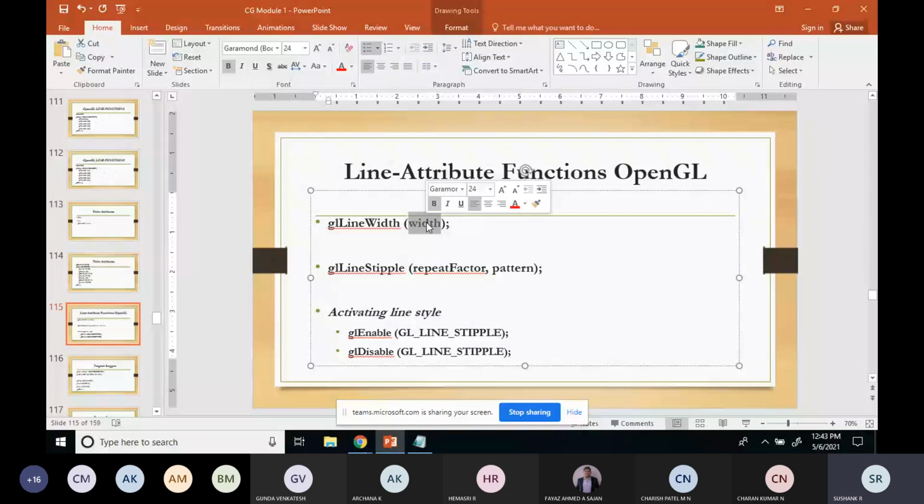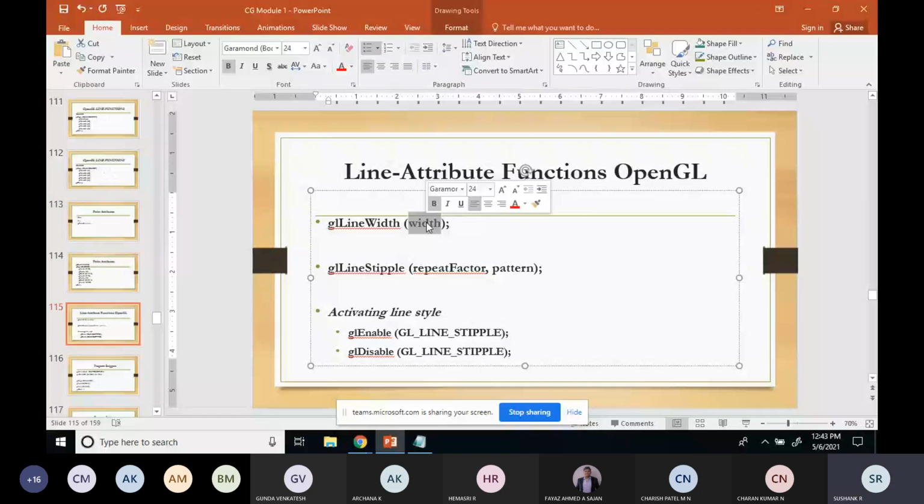Also, one thing: this function supports only a limited number of bits. It will not support all values. Some values will support the line width, and some will not.